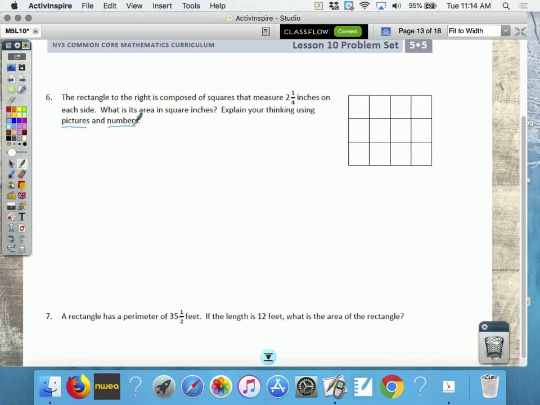All right, so here's what I'm going to do. I want you to go ahead and draw an arrow here, because this side length of that square is 2 1/4 inches, and label it. And then draw an arrow here to show that this side length is 2 1/4 inches. Okay? Now,